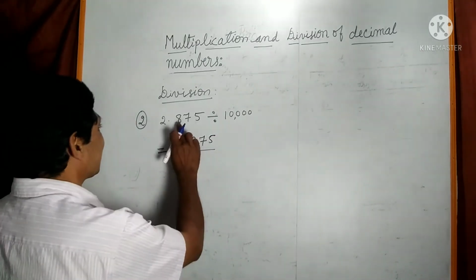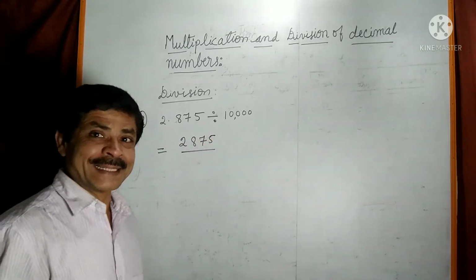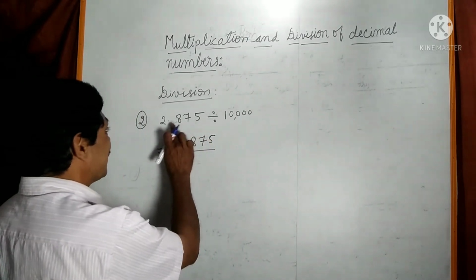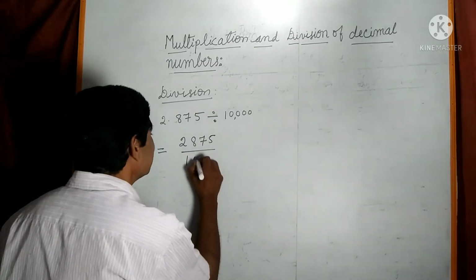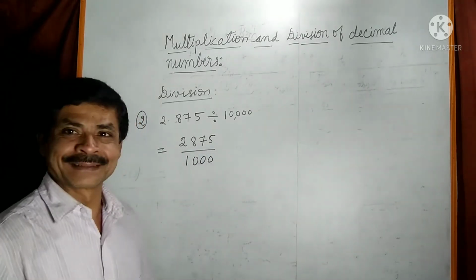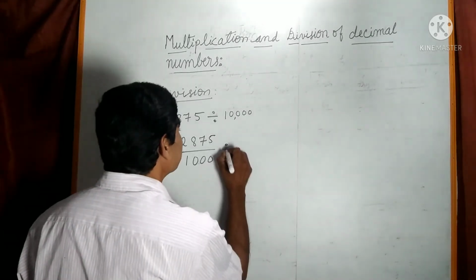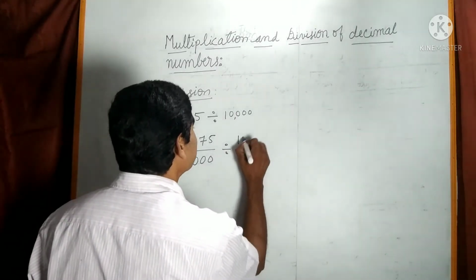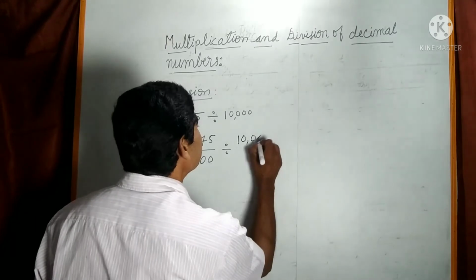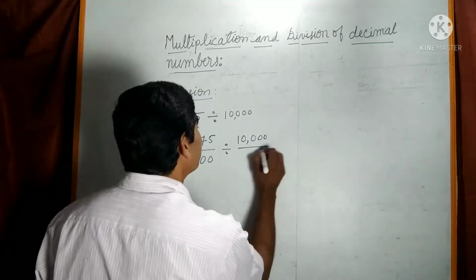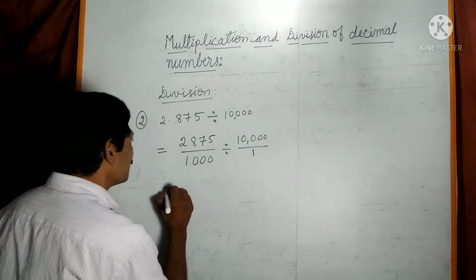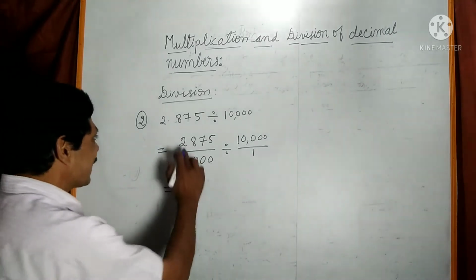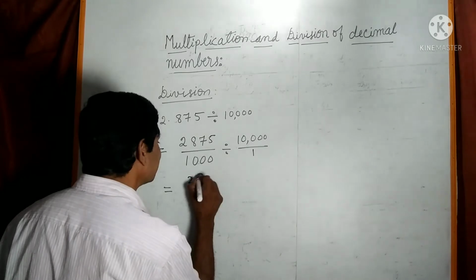Since there are 3 digits after the decimal point in the decimal part, we will write 3 zeros, divided by 10,000 by 1. This is equal to 2,875